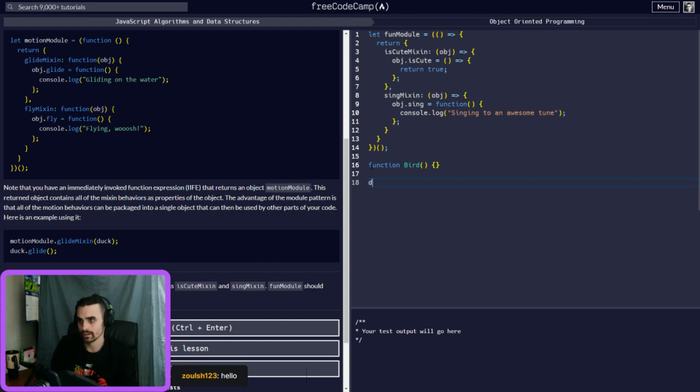We can do a let canary equal new bird object, right? And now we want to add is cute and a sing mixin to it.